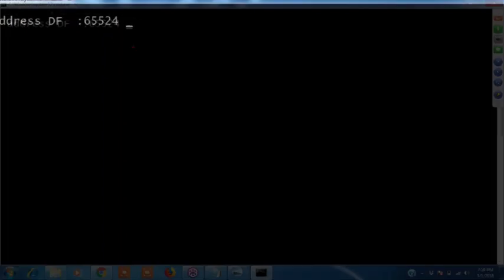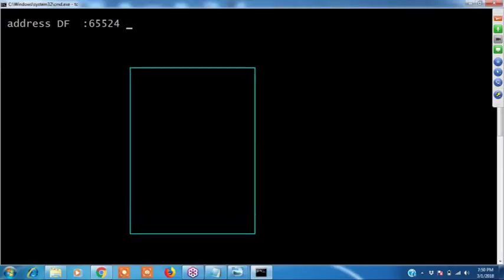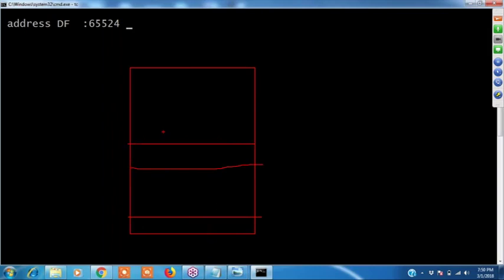Okay, assume it is a stack. What is the range? Maybe some data is already there, so it is not starting from the top. Assume the x value is stored in 2 bytes, that is 24 and 25, so 65,524.